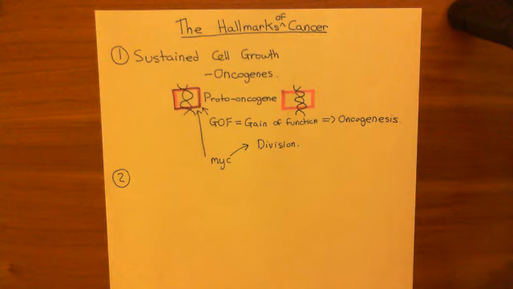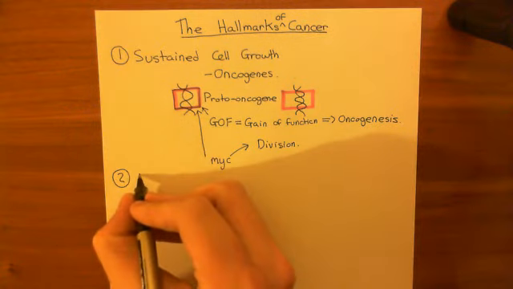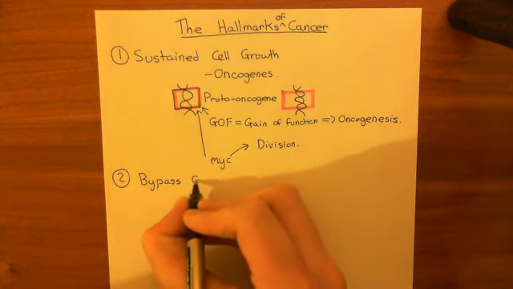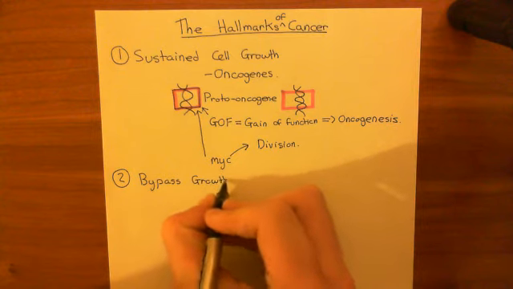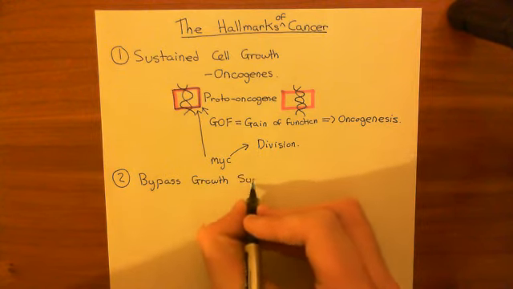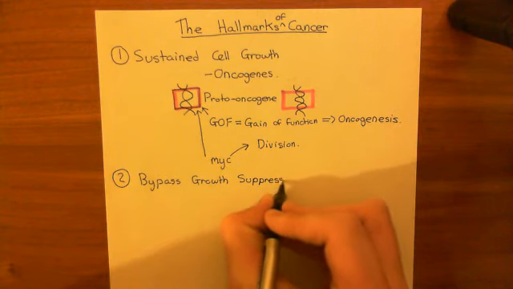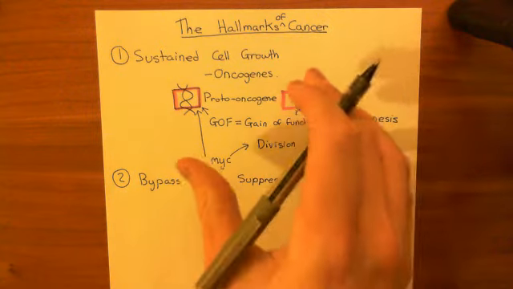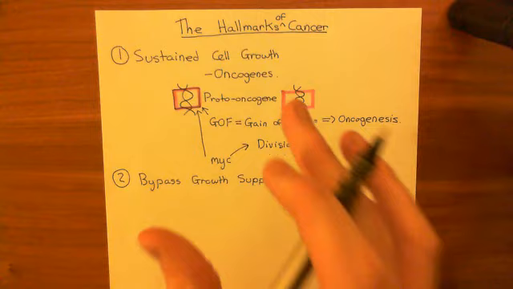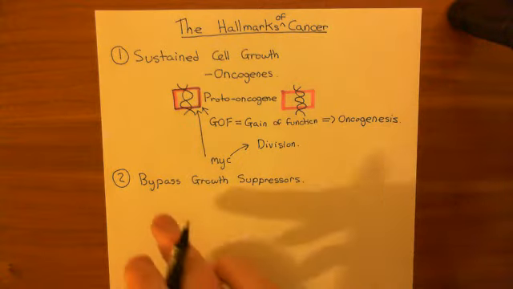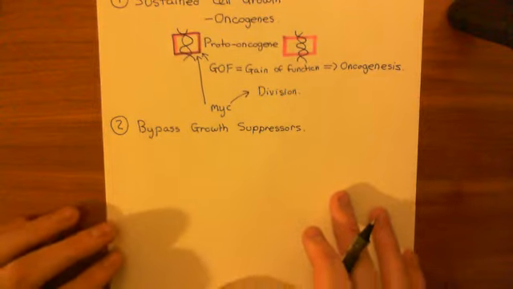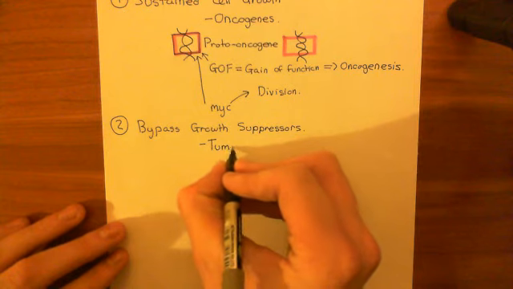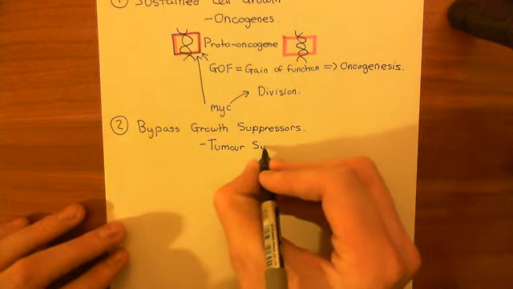cancer, the second hallmark of cancer, and this is the ability to bypass growth suppressors. So this specifically means loss of function in the tumor suppressor genes, basically. So there are other genes encoding proteins which don't promote growth. This was about increasing the function of proteins which promote growth. This is about decreasing the function of proteins which suppress growth. And these proteins which suppress growth are known as tumor suppressors, and the genes which code for them are known